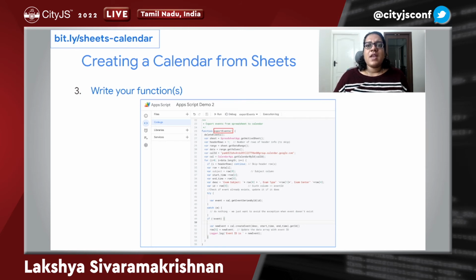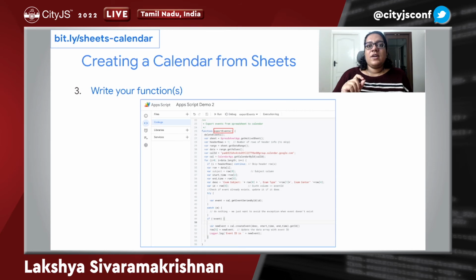And for any calendar event to be created, there are 3 things that are needed: a description, a start time, and an end time, right? So from this spreadsheet that we have, we're picking the subject, the description, the start time and the end time.